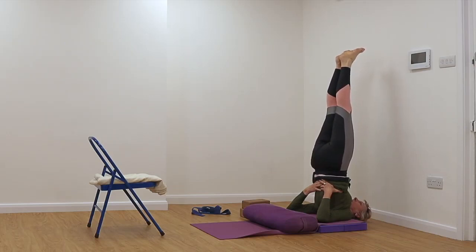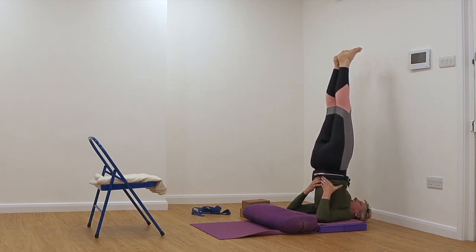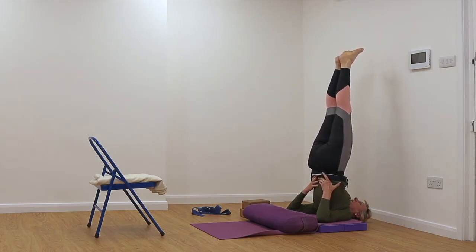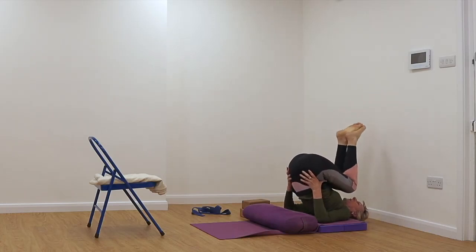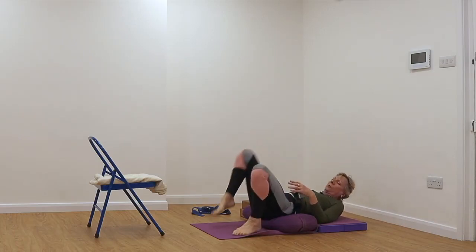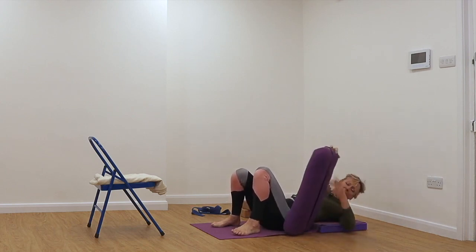But sometimes people who get pressure in the head, it takes a little while of gentle practice to get used to the upside down poses. You just do a little bit on a regular basis and eventually the pressure starts to ease up. Alright, so everybody's going to come down now. So place your feet to the wall, those in Sarvangasana, shoulder balance. Bring the knees into the chest, slowly roll down. Put your feet onto the floor, lift your pelvis up and move the bolster out the way